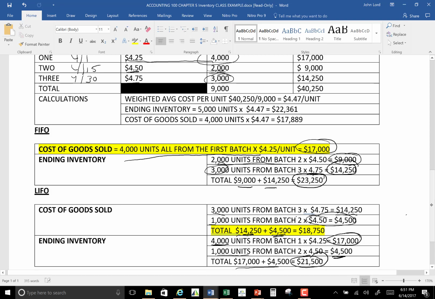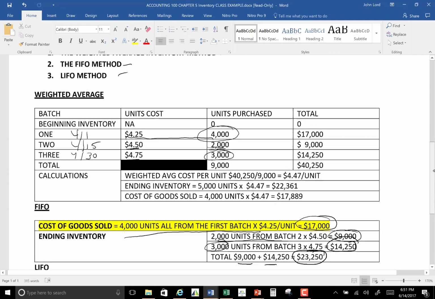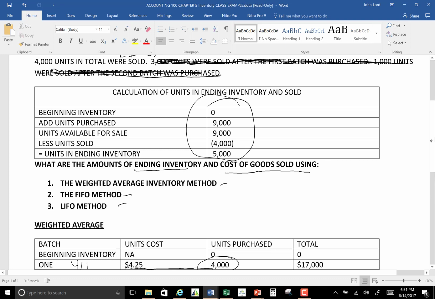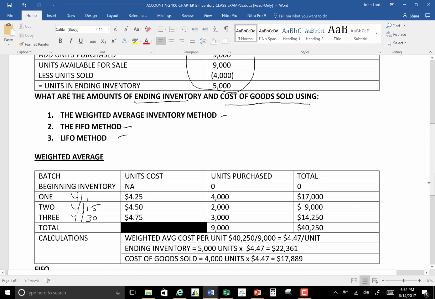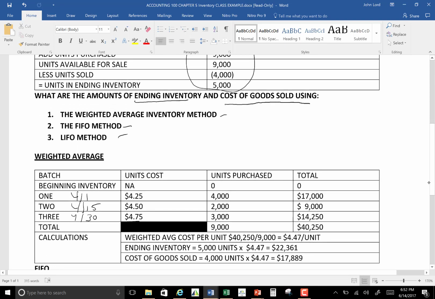Okay, good. Now you come over, and I said we also are supposed to do what? Weighted average method. Okay, weighted average, guys, is the easiest of the methods. If you thought LIFO and FIFO was easy, weighted average is the biggest piece of cake you've ever seen. And that we simply do what? We simply take the total units, which was 9,000, right? And then we simply extend the number of units times the price per unit to get the cost of each one of those batches that we bought. Add all that together. That then gives me the total cost of all the units that I had available for sale this period. I divide that by the 9,000 units,